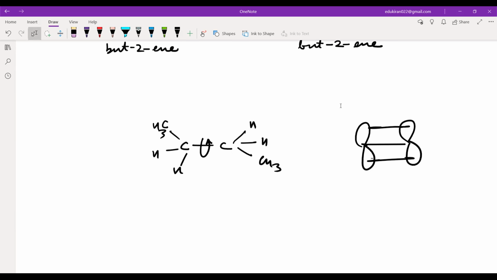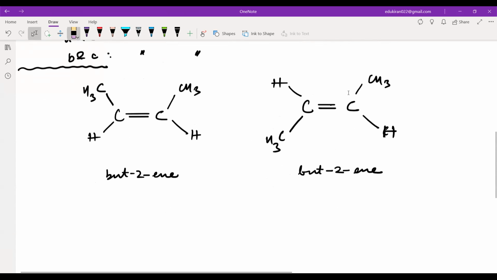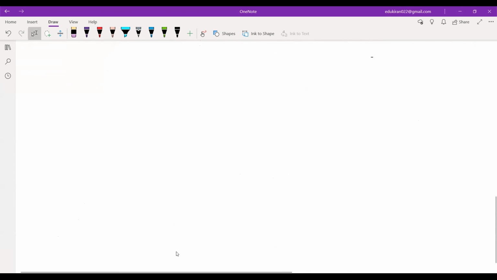Now, if you want to rotate a molecule, you have to rotate one of the hands and keep the other hand fixed. If you rotate one hand while keeping the other fixed, then you will be breaking the bond. That is why the restriction in the rotation of pi bond is the reason for geometrical isomerism in alkenes. Okay, so before writing, let us write first of all the heading. Did we write geometrical isomers? No. So write first of all geometrical isomers.